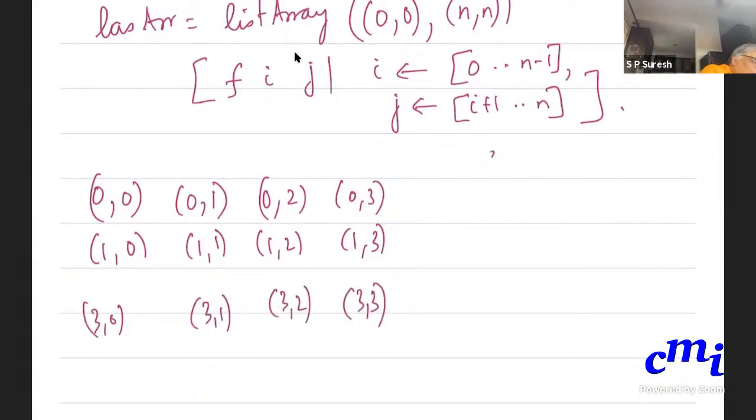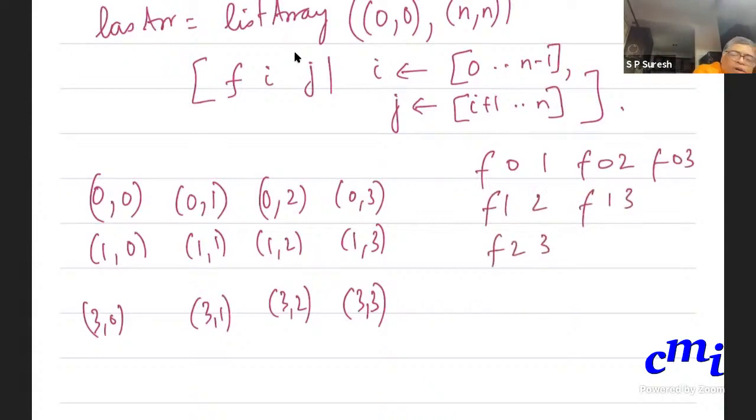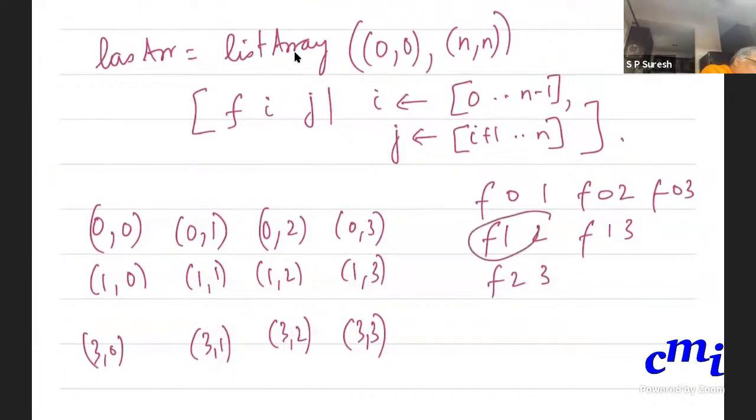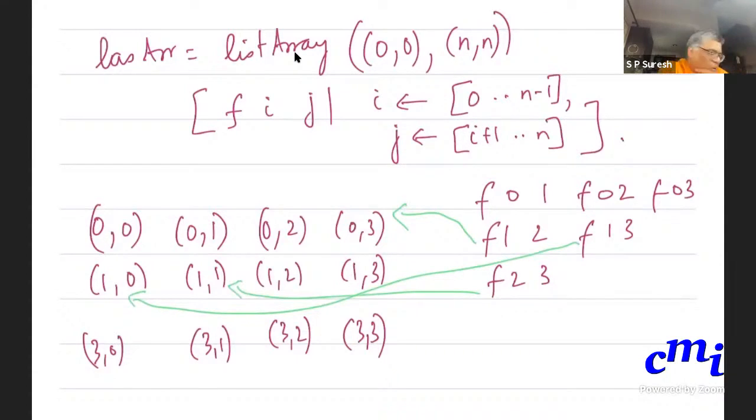Whereas what are the values? The values are F01, F02, F03, F12, F13, F23. That's all. So there are only so many values. And actually if you did this, you will be filling in F12. This F12 will be going to index 03 and F13 will be going to index 10. And F23 will go to index 11. That's it. Is it clear? Okay. Understood, sir. That is why I defined dummy values. I want to cover all the indices in exactly the same order.